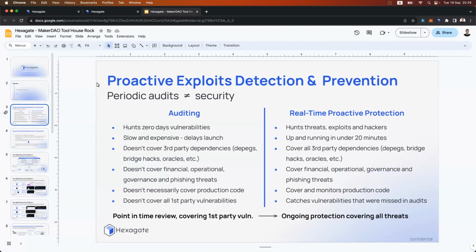But we incorporate machine learning and classification algorithms to actually uncover potential exploits before they happen and as they happen on the protocol, something that only a machine learning algorithm or sophisticated security heuristics can find, when it's not looking for the actual vulnerability, but rather for the attacker itself and the actual attack. So all in all, real-time proactive protection covers what you already know, the threats that you know of.